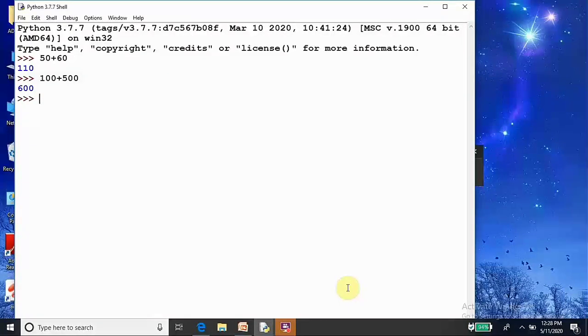Similarly, minus for subtraction. 400 minus 200. Output is 200. For multiplication, use star. 40 star 2. Enter here. 80.